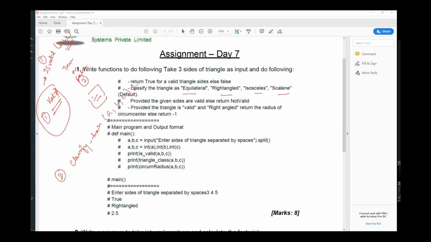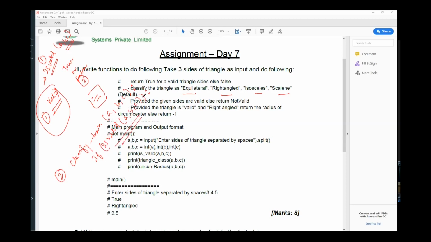This is my function. Here again, I will take three inputs A, B, C. And in this, I will first check, directly using this function is valid, with A, B, C. This will return true or false. So directly I can write like this.